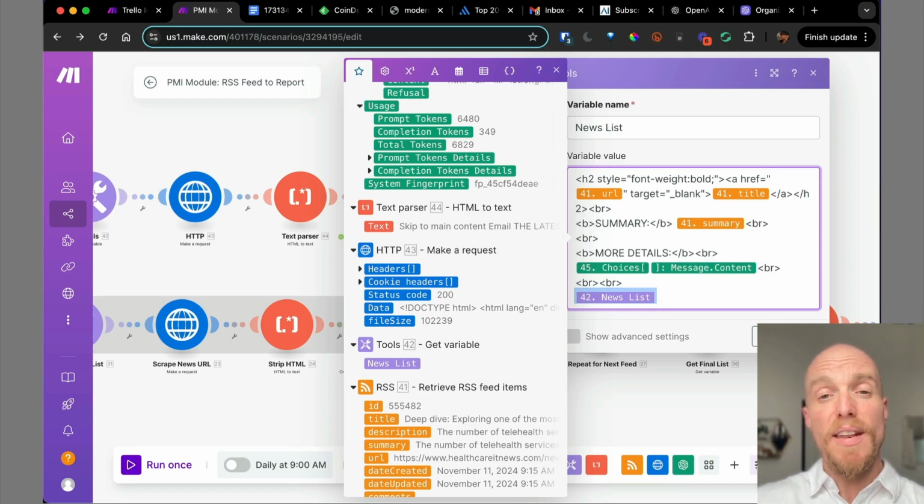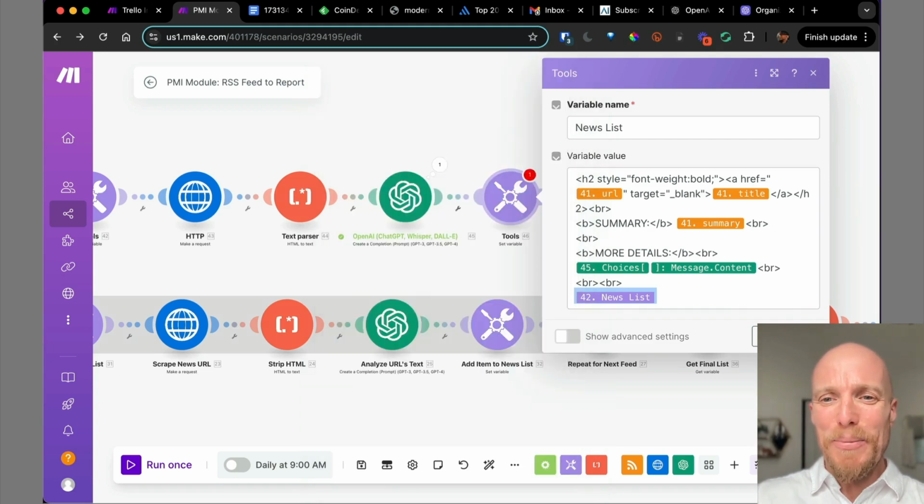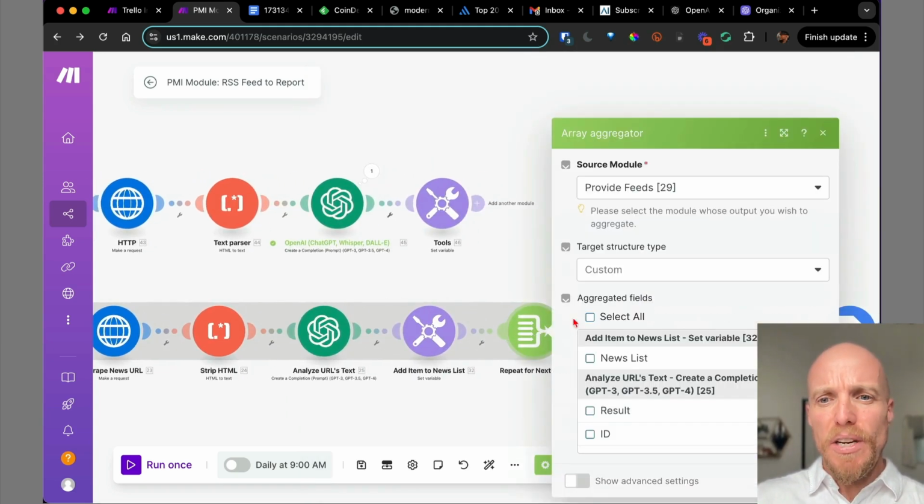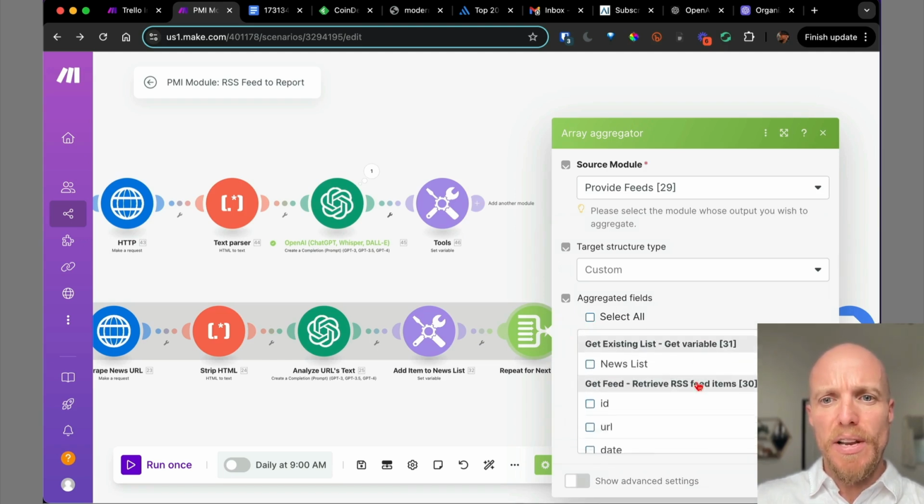So it's always going to be the latest, and the next time it runs, it will have this article in that list, and then the new article will be added to the top. All right, so hopefully that makes sense. That's how that works. And finally, what we need to do here is close this iteration,